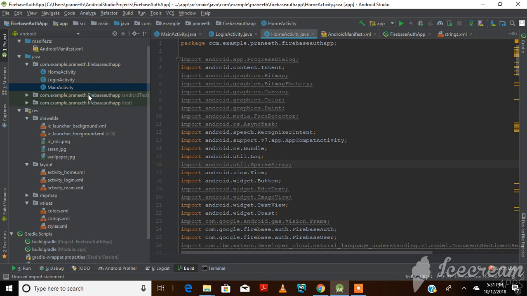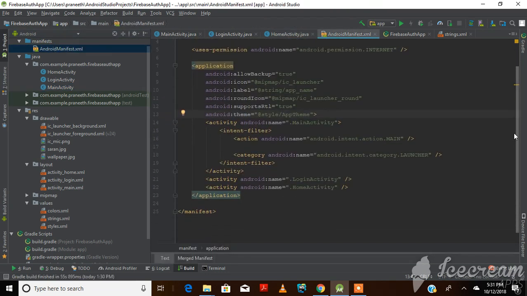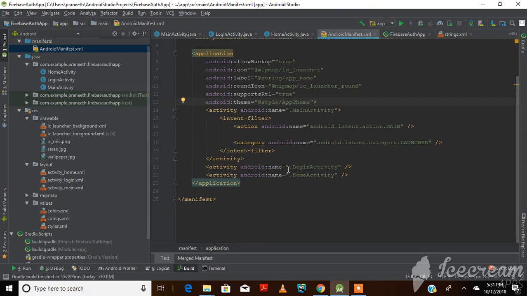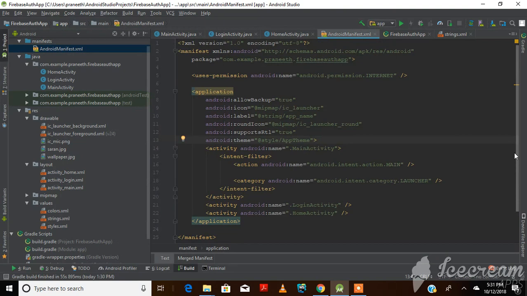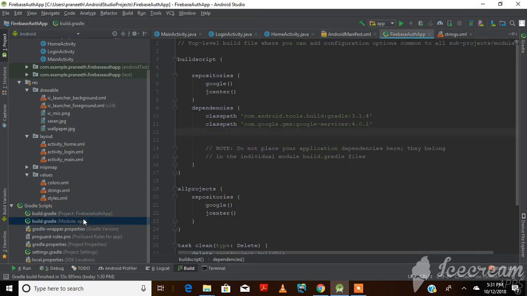If you see right now, I have three activities: home, login, and main, that you can see in my manifest file. So the main activity, the login, and the home activity. And I would be using the internet here, so I've added a permission for internet, and for integrating Firebase to Android, I have to add a few dependencies